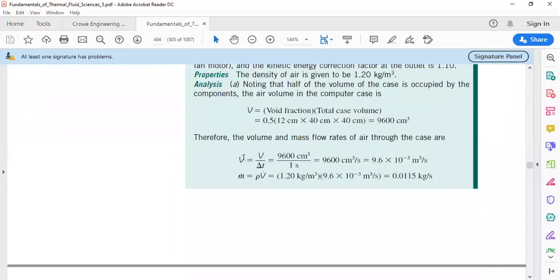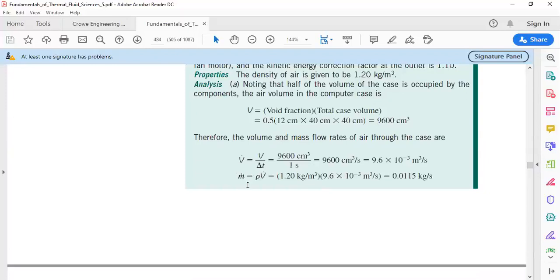Therefore, the volume and mass flow, it tells us that this volume of air is replaced every 1 second. So from this piece of information, we can calculate the volume flow rate as the volume divided by the time period, which is the 1 second. So 9,600 divided by 1 second results in 9,600 cubic centimeters per second, which can be converted to cubic meter per second as 9.6 times 10 to the power minus 3 cubic meters per second,